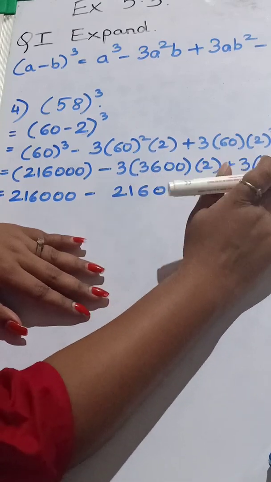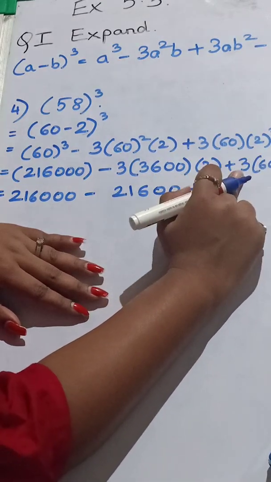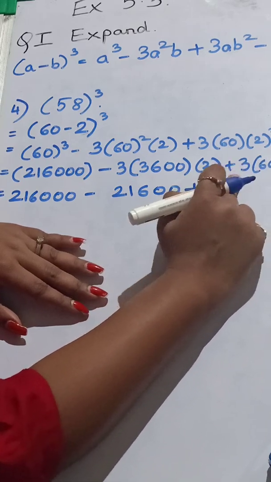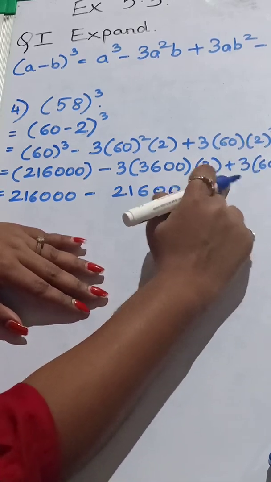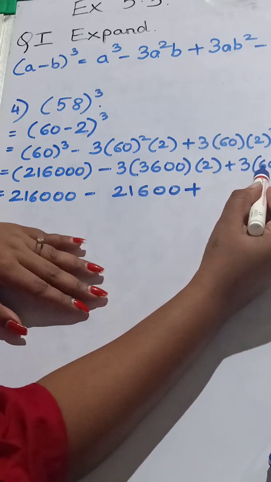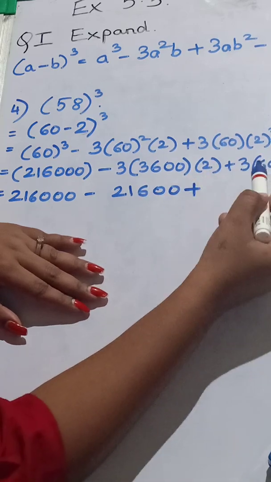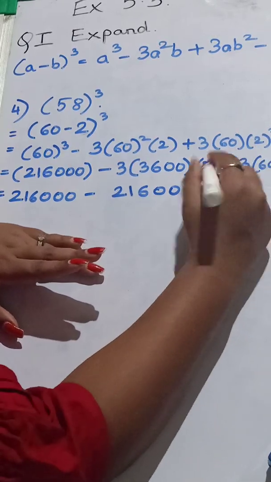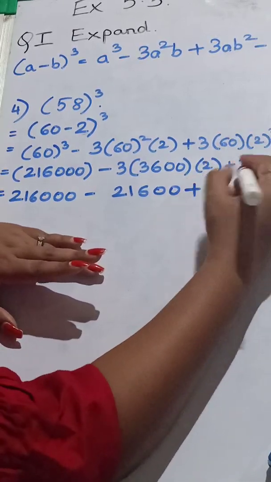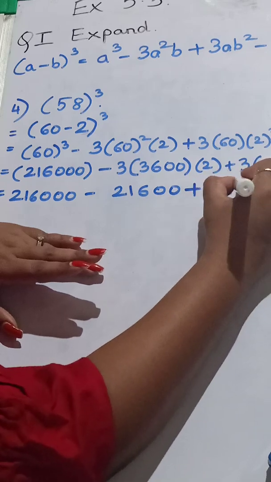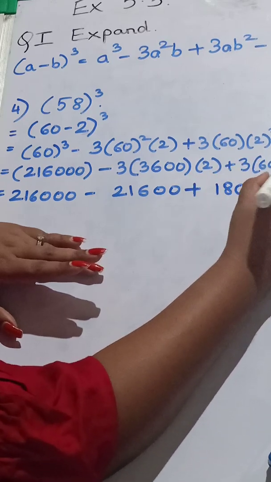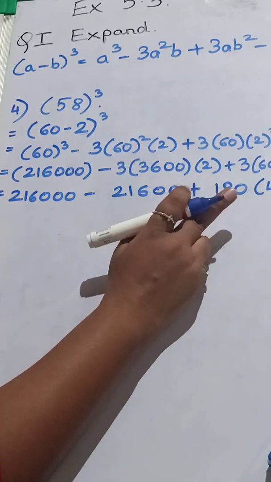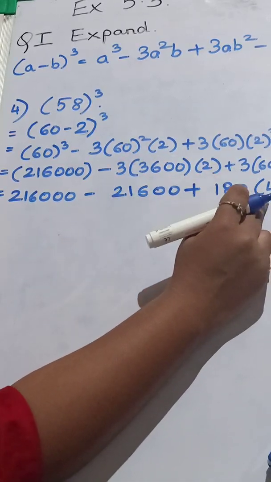Plus, here we have 4 3s are as 12. Okay. So 4 3s are is 12 and 12 6 are, or you can do it as 6 3s are is 18. So we can take it as 6 3s are direct we are taking. Okay. So 6 3s are is 18. 18 and 1 0 multiplied by 4 minus 8. So that means here we can take as 180 multiplied by 4.